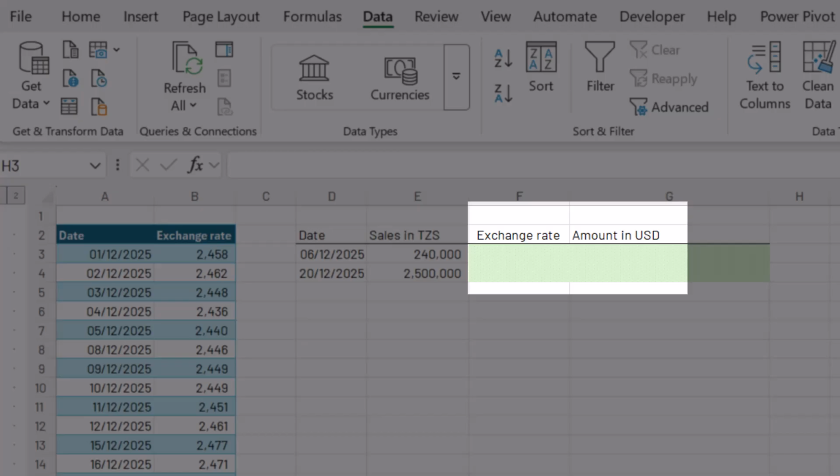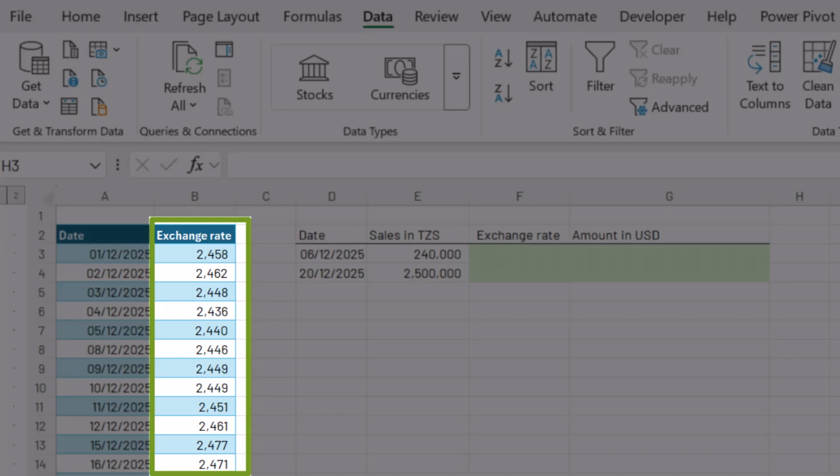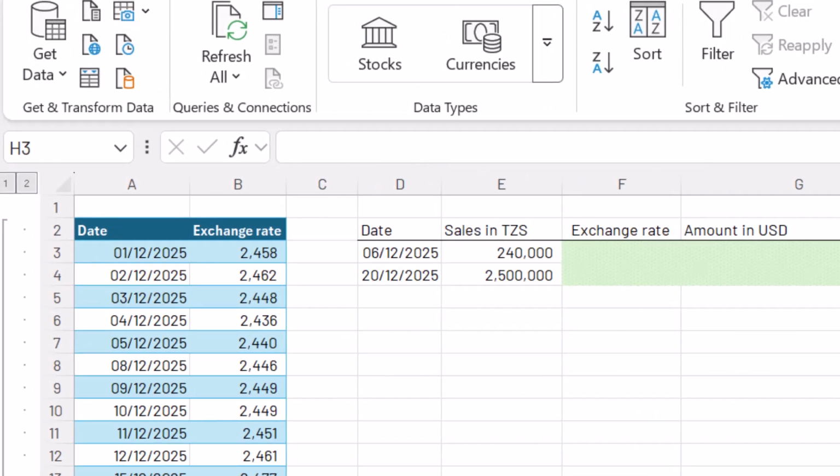that I want to convert into US dollars using the appropriate exchange rate that can be found in the rates table on the left. Looking at the rate table, you'll see we have dates and exchange rates, and the dates are arranged in ascending order from the oldest to the newest, which is an essential requirement when using LOOKUP to find a value given dates